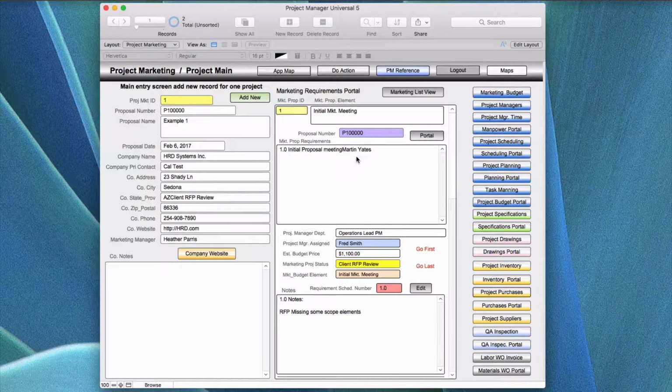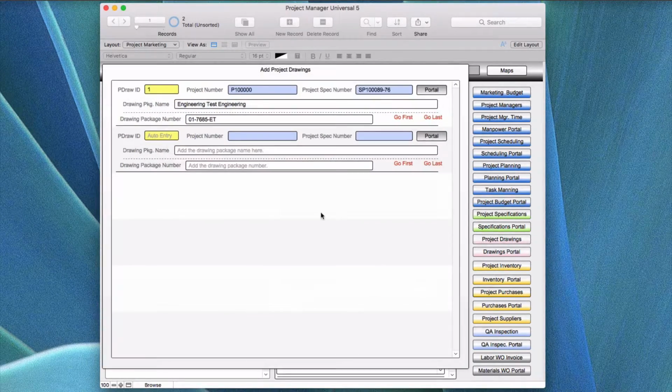In this video help, we're going to be covering the drawing screen and the drawing portal. Let's go ahead and start with the project drawings. Project drawings is the header for the record, and what this does is it provides the drawing ID for